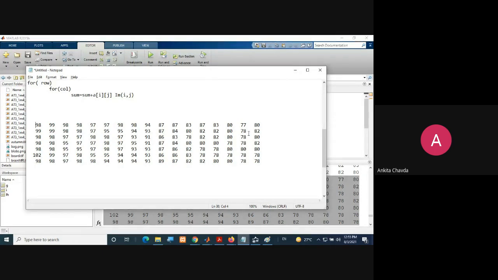Only then will I get to know the minimum intensity value and the maximum intensity value in my whole image. That's what I want to know. So suppose this is my image, and from here I'm finding the minimum. What is the minimum? That would be 80, oh sorry, 77, right? So you will write here 77, that is your minimum.